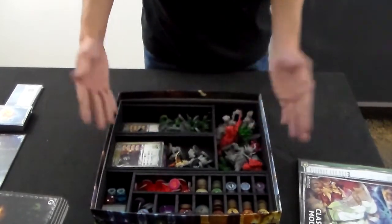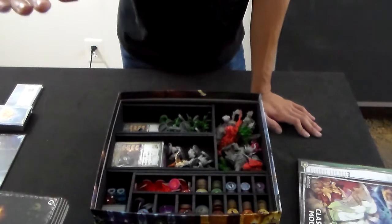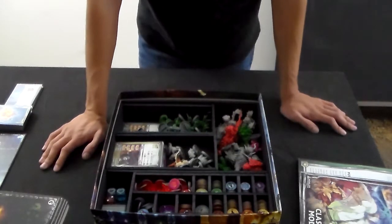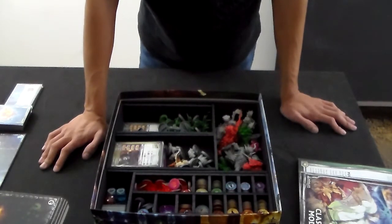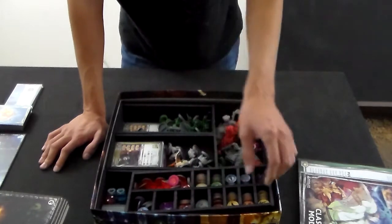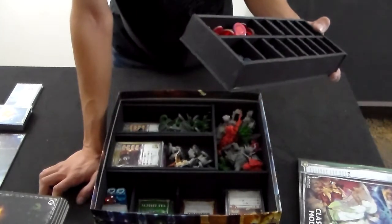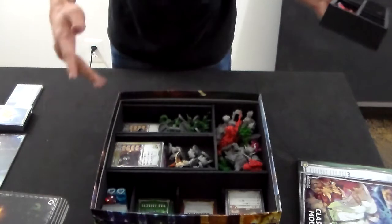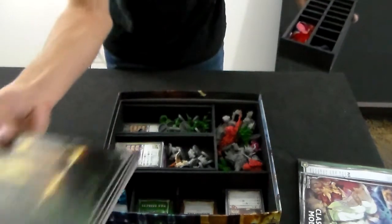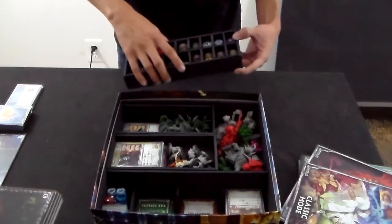The way that I made this was just measuring out what the tallest thing was that was going to be in that tray, and then cutting to just above that, leaving space for everything else here. To really put these specifications online, I don't think I could do that, but maybe if enough people ask, I can put the time in to do it, because I didn't measure this out specifically. I didn't put hard numbers to all this stuff. The only thing that was measured out was measuring from the top here how much the tiles would take, and then subtracting that plus the booklets. And then from there, I just kind of went,